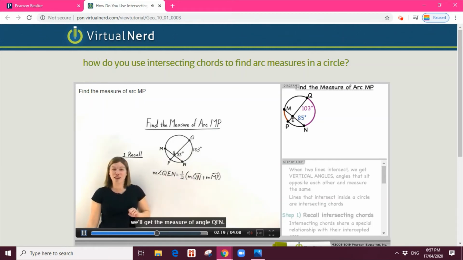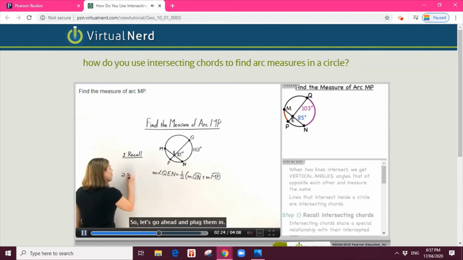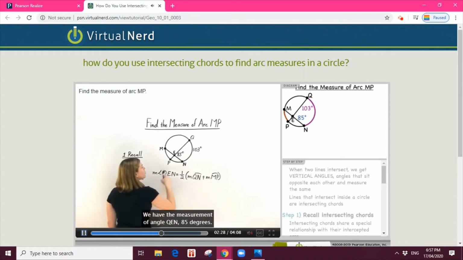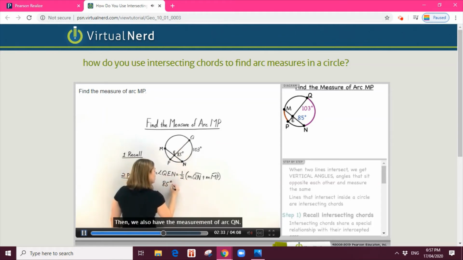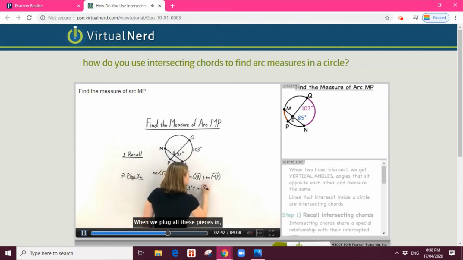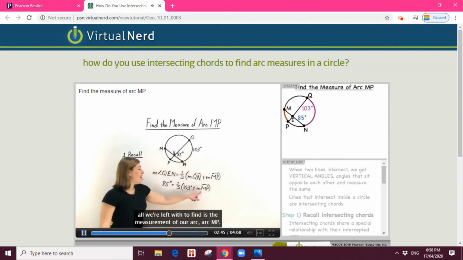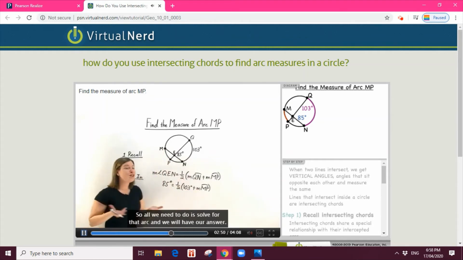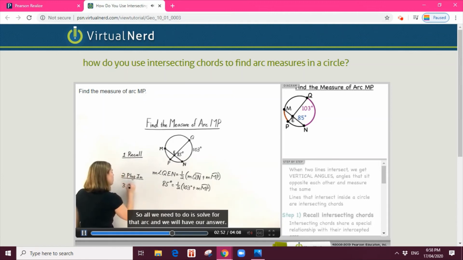of angle QEN. We already know some of these measurements. So, let's go ahead and plug them in. Let's see. We have the measurement of angle QEN, 85 degrees. So let's write that down. Then we also have the measurement of arc QN. That measures 103 degrees. When we plug all these pieces in, all we're left with to find is the measurement of our arc MP. So all we need to do is solve for that arc and we will have our